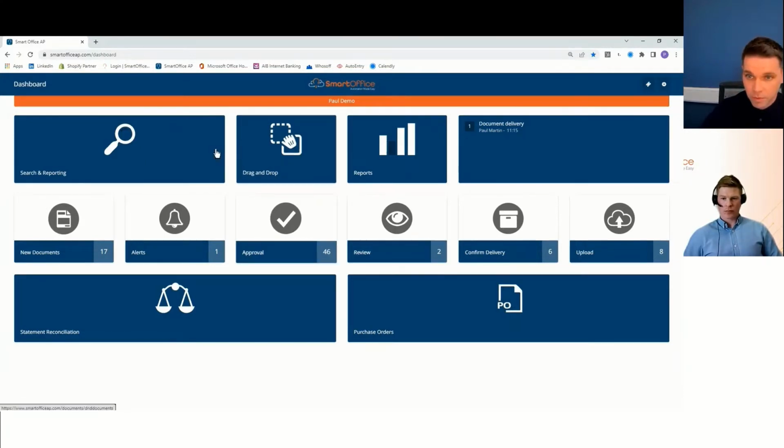For the next number of minutes, guys, I'm just going to go through each of these tiles and what they mean and how they work. As Donna mentioned at the start, we're conscious of everyone's time here today, so I won't drill down too deeply into any one of them, but we'd encourage everyone to get in contact with us afterwards with your individual use cases or bottlenecks, and we can show just how flexible the system will be.